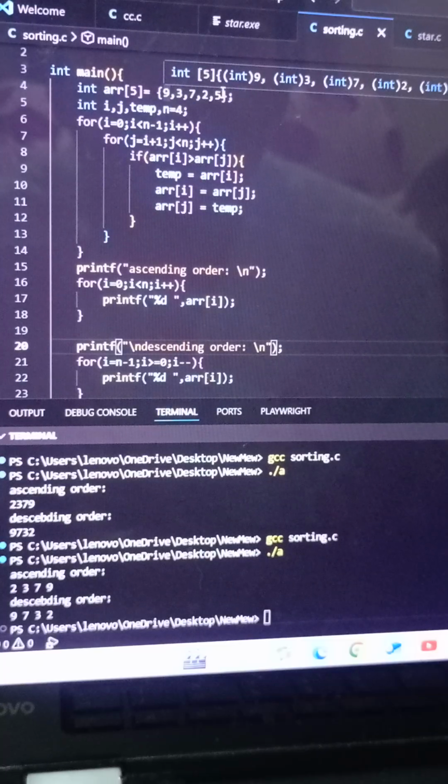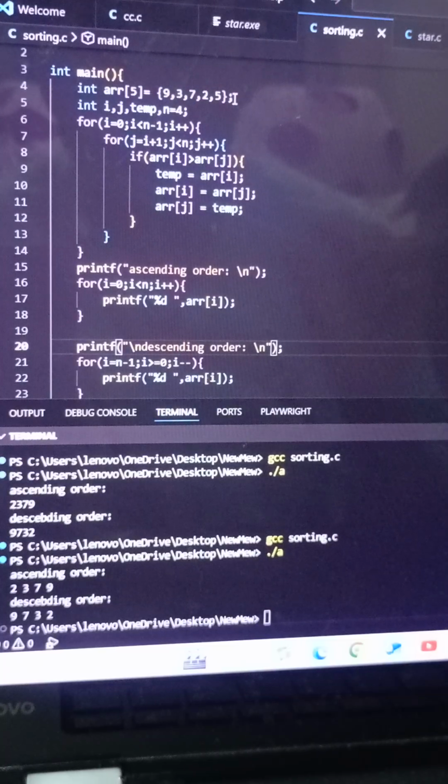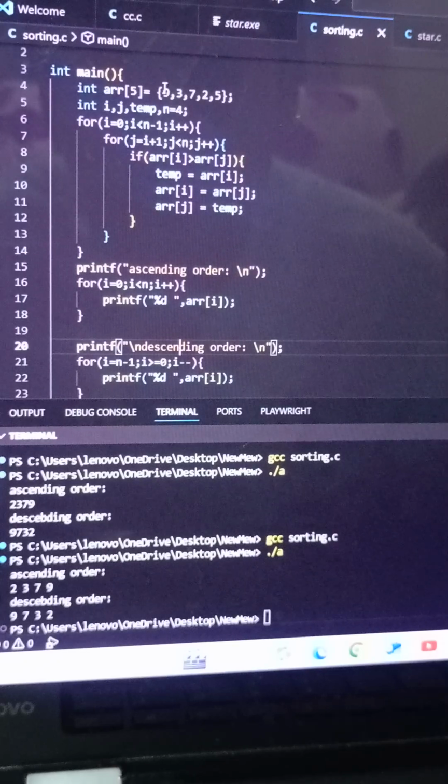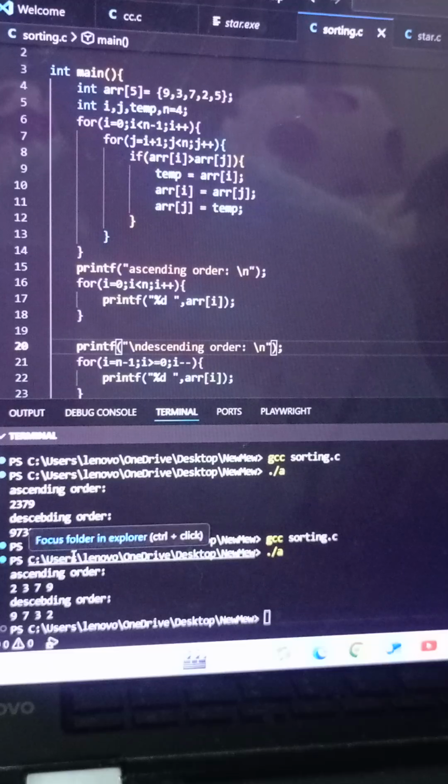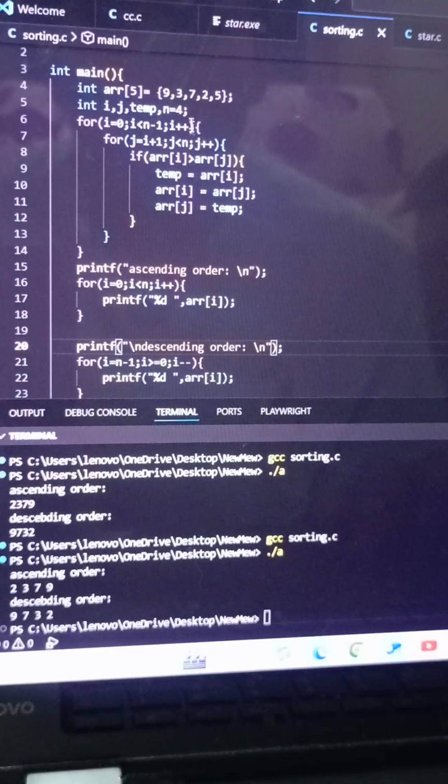So each element is going to compare with each index of element, and then it is going to swap between each other, and then it is going to have the ascending order. And in descending order, if